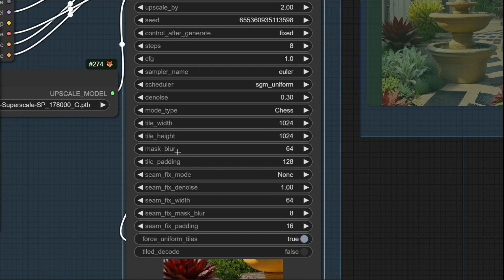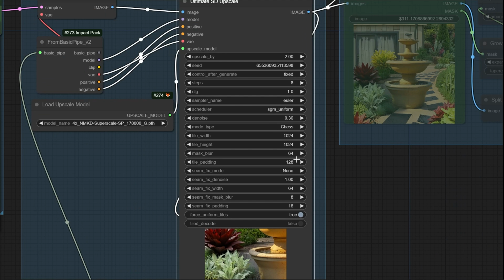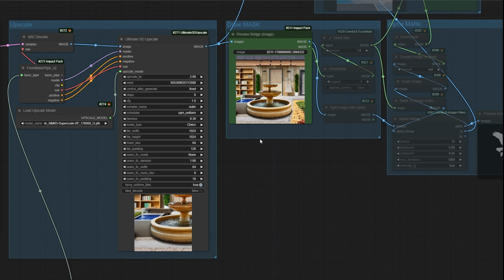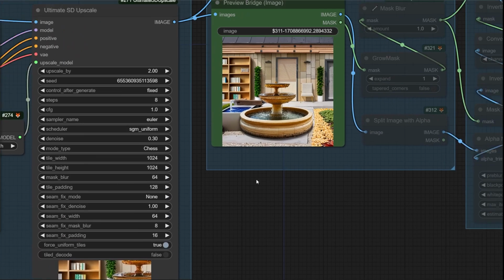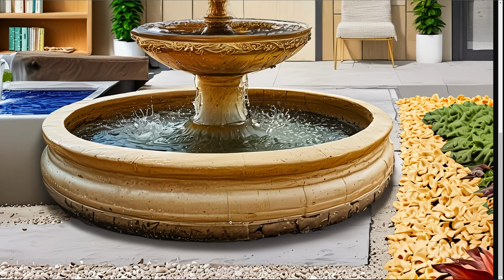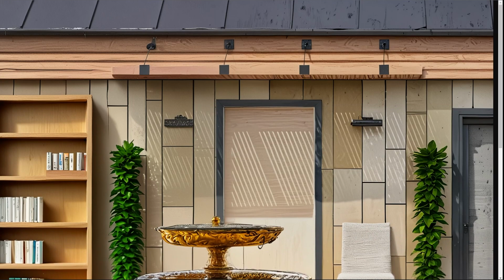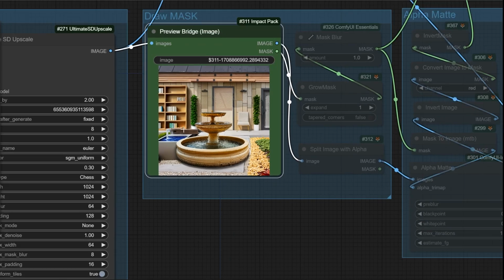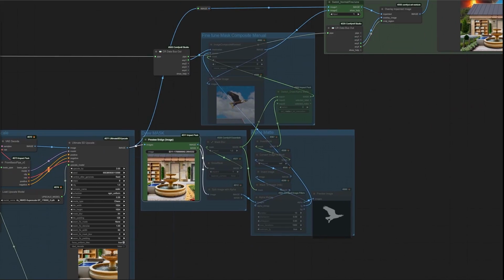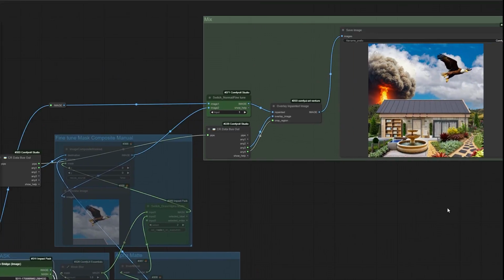And finally, the amount of mask blur and tile padding are set to 64 and 128. These settings work fine for me and are useful. Now here you can see the output of the upscaler. Let me open that in a new tab, and exactly, the output image is 2048 by 2048. So now we have an image with this size, and we should combine the result with the original